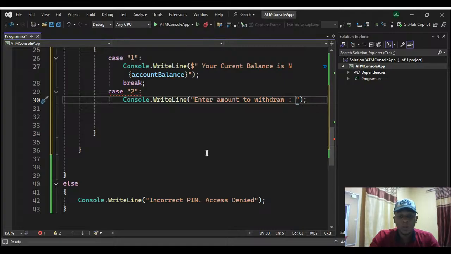So this will just show me the amount I want to withdraw. Now I've told the user to enter the amount they want to withdraw. So what's next? The user will now enter an amount that they want to withdraw. So what am I going to use now to collect this amount? I'm going to use